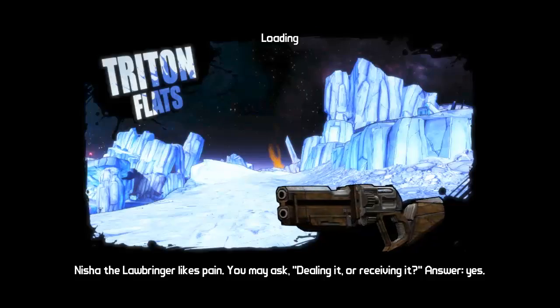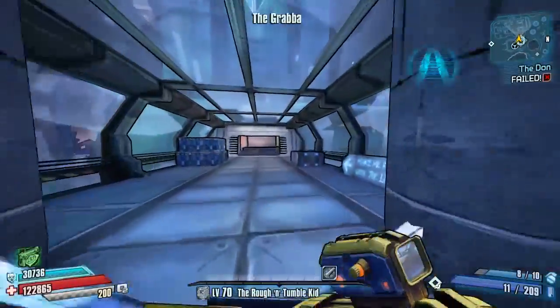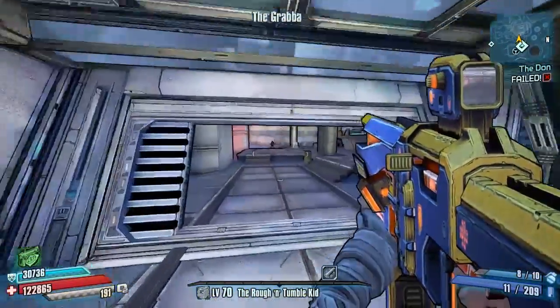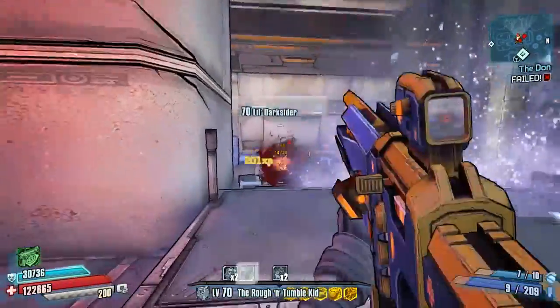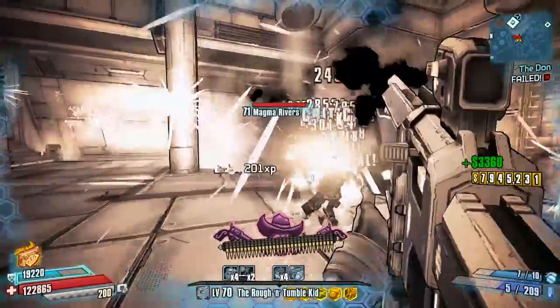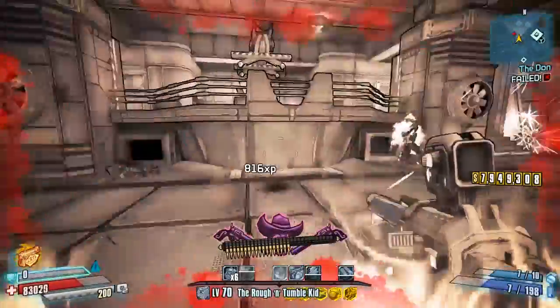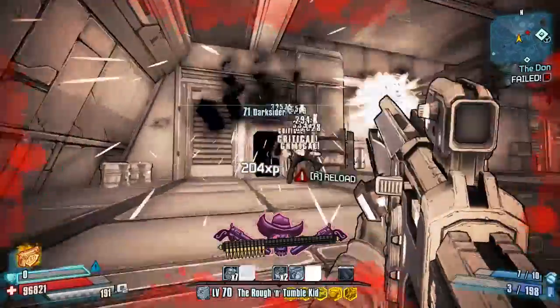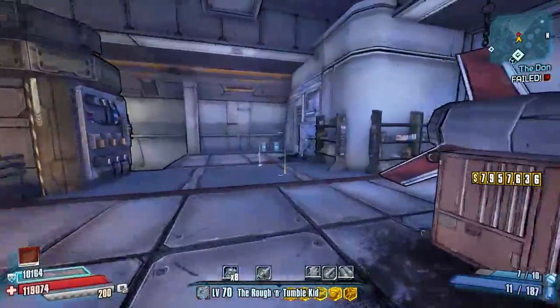So yes, here we are, back in Triton Flats, and this is our pretty good testing ground really. I like coming to the Darksiders Tower to test things out. So this is a Toybox build, and it's all about having fun and just going around shooting people. As you can see, our main weapon of choice is a nice party gun with fireworks flowing out everywhere as well. Although I said this Snowball is a good grenade to have, it's only because of the high damage